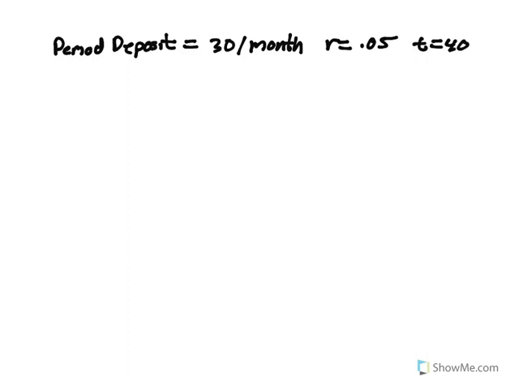Time is going to be 40 years. So if it's compounded monthly, then n has to be 12. And then when it's more than once a year,